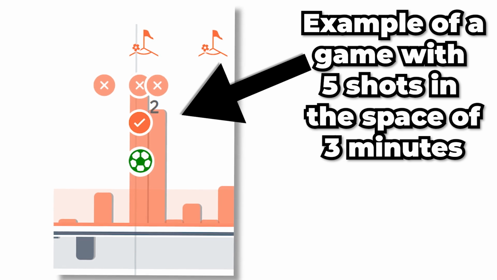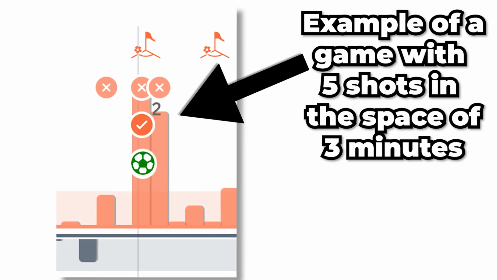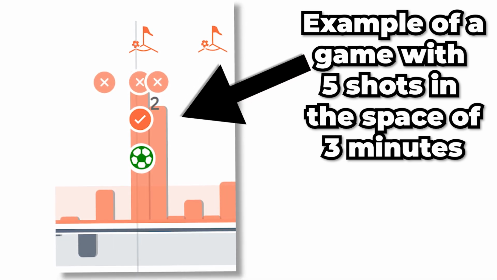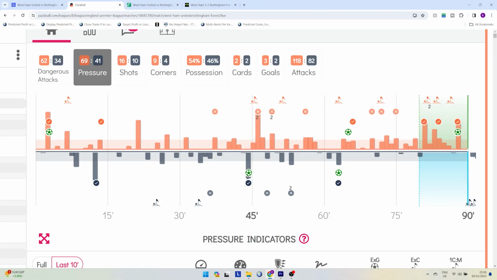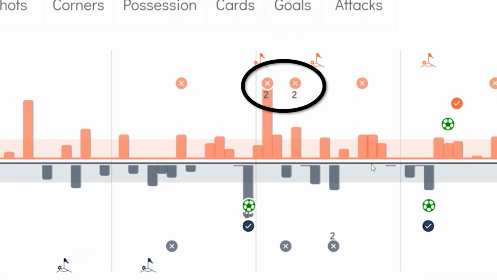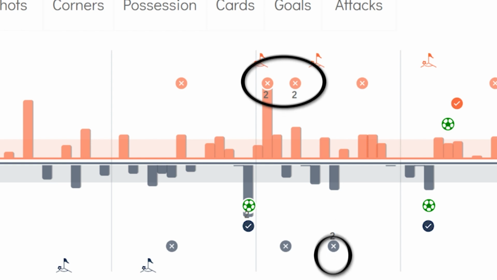which is problematic, as it's definitely possible to have all 5 shots or most of the 5 shots in just the space of one attack. But through using PackBall or WhoScored, we can see how the shots were spread out. Twice for West Ham and once for Nottingham Forest, there were 2 shots during the same attack, but we can